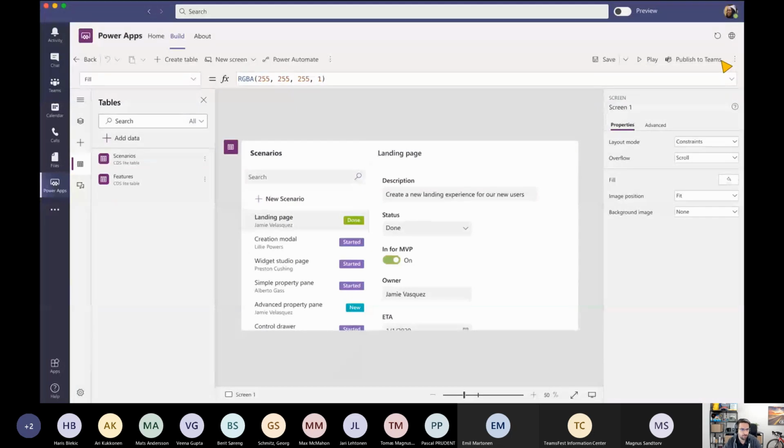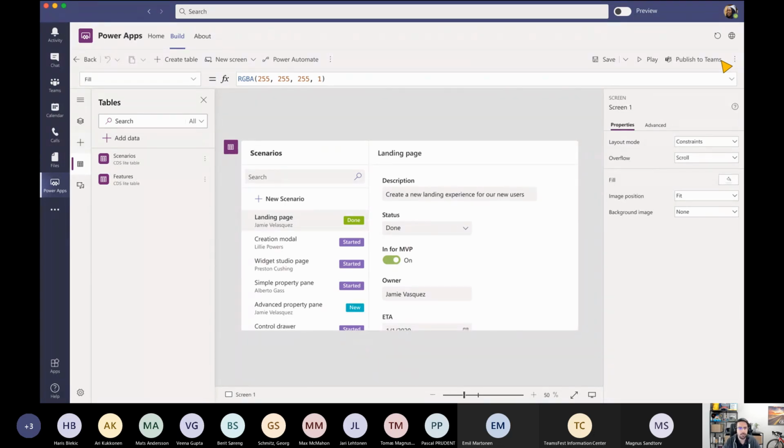This is just an example of the Power Apps designer embedded inside Microsoft Teams, and you can see that we have more or less the same designer that we have in the full Power Apps service, but now we have the ability to publish directly to Teams inside a specific channel as a tab application.